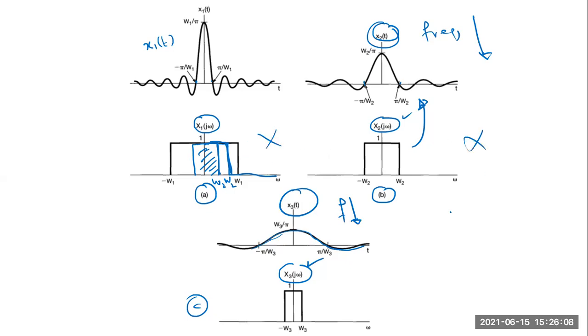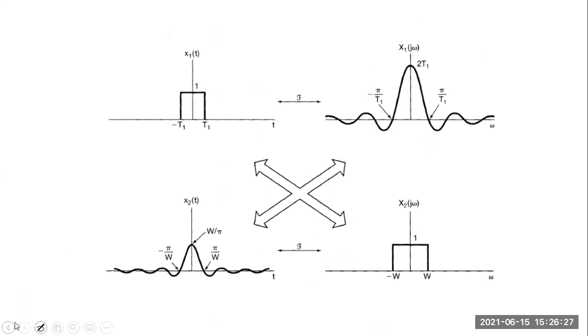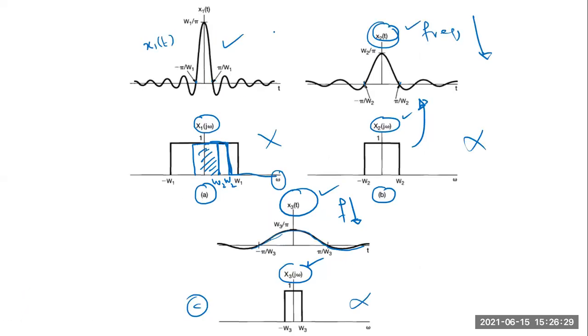सो नाउ अगर आप इन फ्रीक्वेंसी डोमेन रिप्रेजेंटेशन को ना देखें, सिर्फ इन सिग्नल्स x1 x2 को देखें, तो बाय लुकिंग एट इट इट्स ऑब्वियस कि आप कह सकते हैं कि x3 सबसे लोएस्ट फ्रीक्वेंसी का सिग्नल है, फिर उसके बाद x2 है, और सबसे हाईएस्ट फ्रीक्वेंसी सिग्नल इस स्लाइड पे आपको नजर आ रहा है वो x1, ठीक है। तो अगर आप इन दोनों को रिलेट करें कि आप इसको किस तरह रिलेट कर रहे हैं।